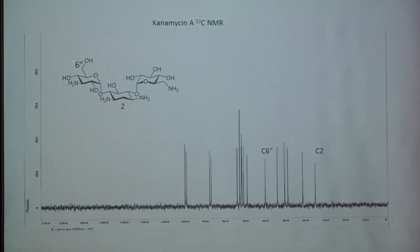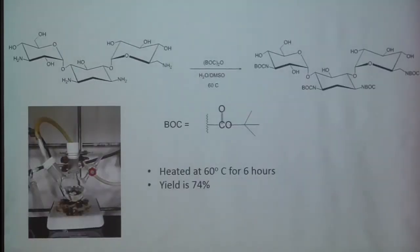And I labeled 2 just so you would believe me. This is the second carbon, and we know that it is represented by that line. 6' carbon represented by this line. And so seeing that, we count up the lines, and we know we in fact have the proper compound to